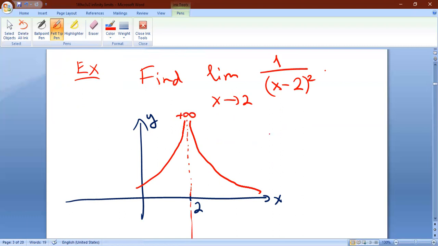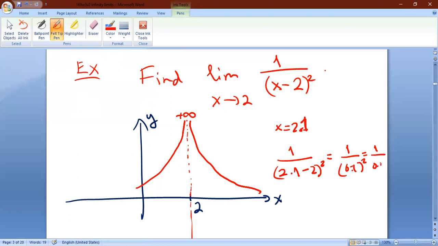Now, how do I know this? We can try. Let's choose some numbers close to 2. Let's say x equals 2.1, something close to 2. And then put it into the function, 1 over 2.1 minus 2 squared. This is going to be 1 over 0.1 squared, and this is actually 1 over 0.01, or 100. Well, choose something closer, let's say